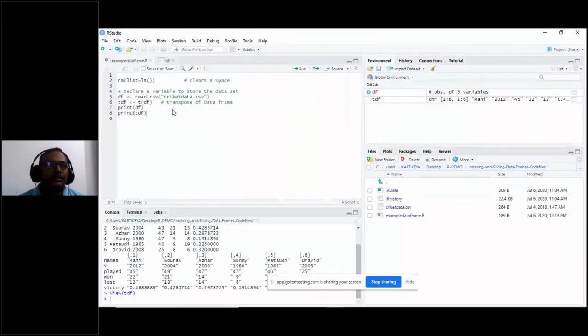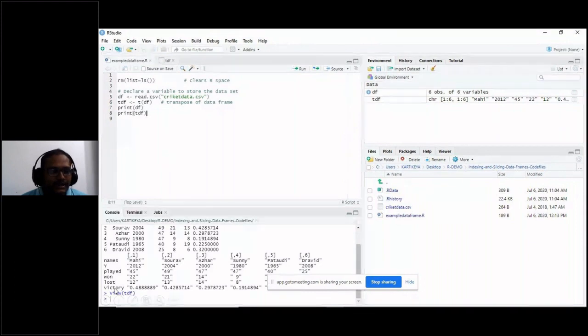Here also we can perform that same operation where columns and rows are exchanged by using a simple command called T. If you write T of df, it indicates transpose the data and display the data. See, when you perform that, what is the output? Initially you have column names as names, played, won, lost, victory.